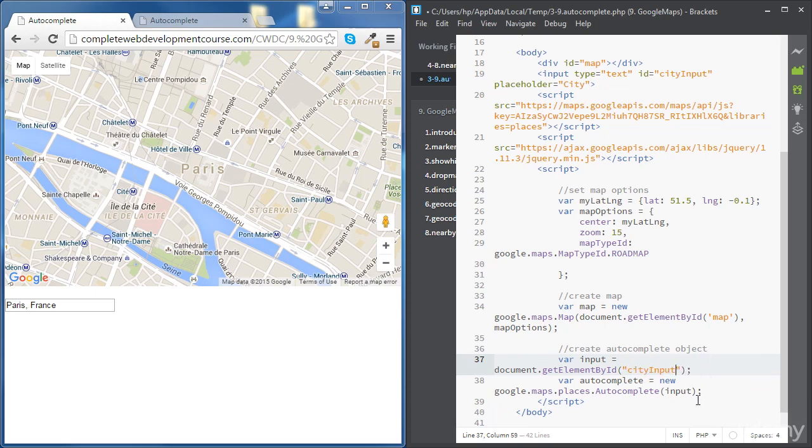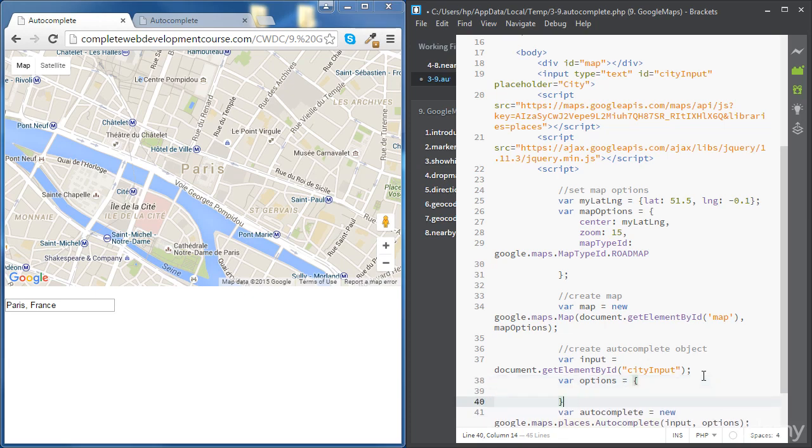And the second parameter is the options. So inside those options, we can define things like the types we want to show